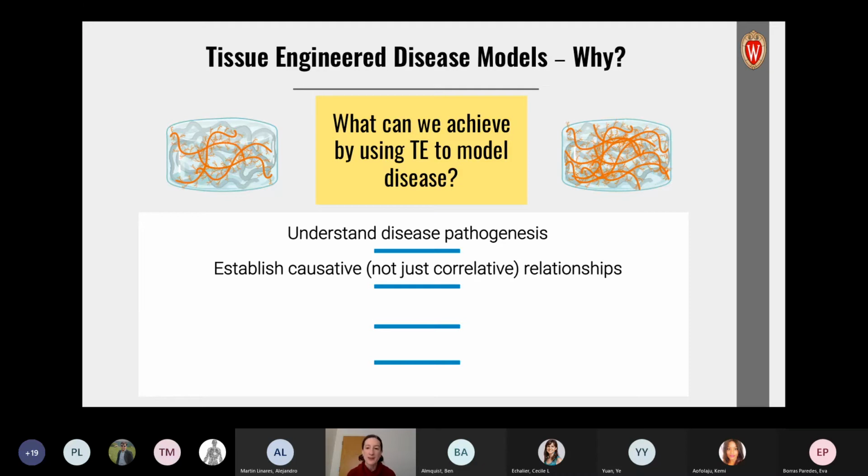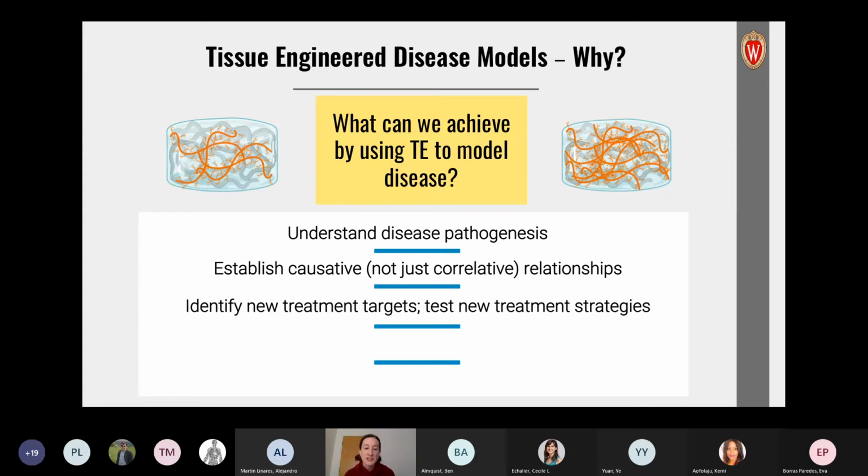So, for many years, animals have been used as models of various diseases, and animals have lots of advantages with respect to representing the whole organism and having the immune system present and all these other factors that are really important in disease progression. But animals are also really, really hard to precisely control, and sometimes really hard to tease out causative relationships in terms of, I've made this intentional change, I'm going to see the direct effect of